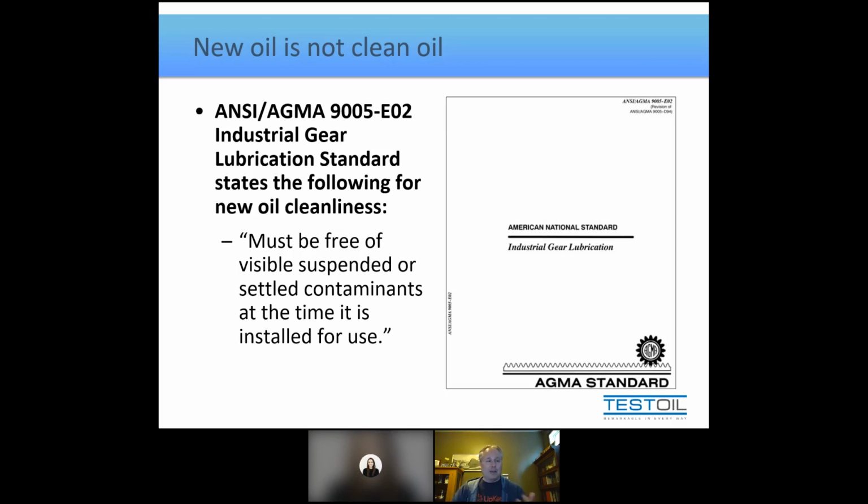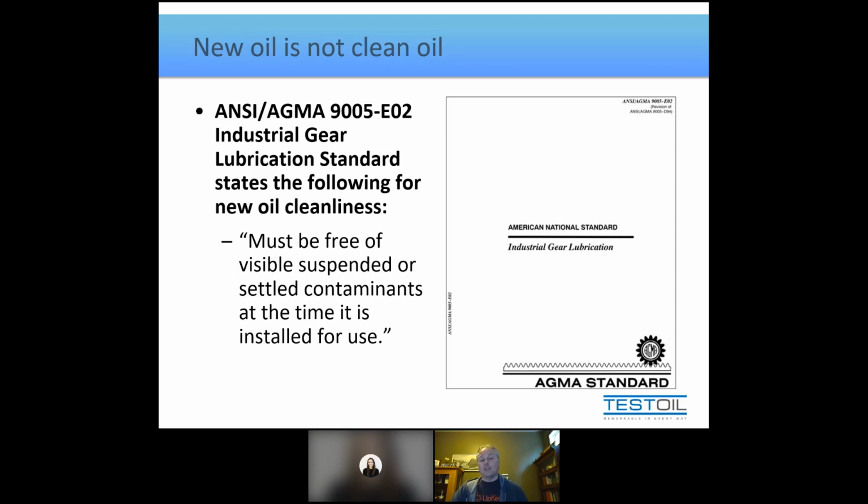But if you read this statement here, it says must be free of visible suspended particulate. So think about that, visible, right? As I said before, to see it with your own eye, to actually be able to perceive a particle, it's generally considered to be around 40 microns or larger before we can see it. Well, that's not really the damaging size particle. Most clearances are way smaller than 40 microns. So this is not good criteria for determining how clean fluid should be.